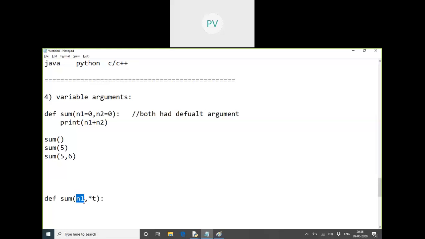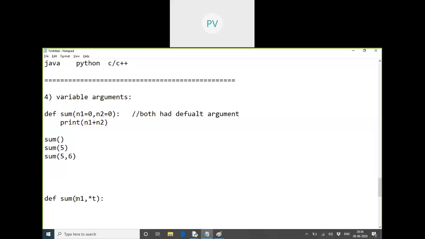But if he passes more than 1, the first value is always stored in the first variable, but the rest are all taken like a tuple of values, and that will be stored in a tuple pointer. So here we have this pointer symbol in Python, star. Generally we can say t, but here variable arguments are taken with a pointer notation.